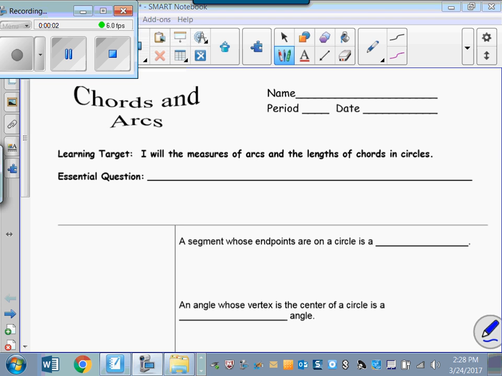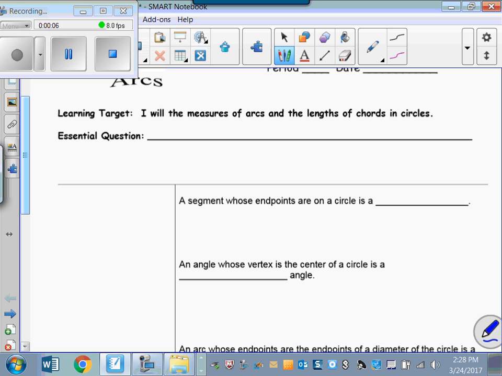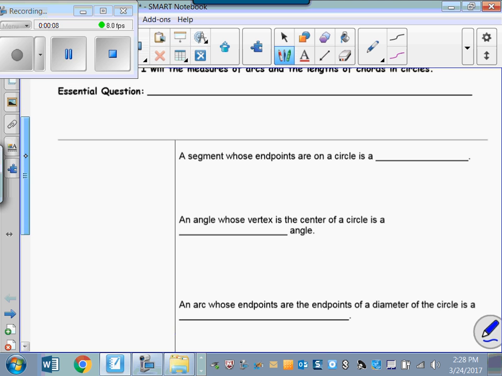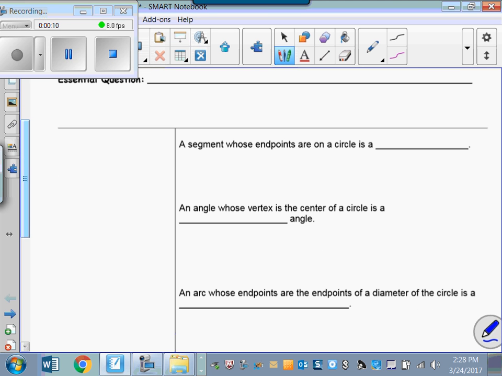Our second lesson for day 1 is on chords and arcs. So as always, almost always anyway, we'll have a little vocabulary here. If I have a segment whose endpoints are on a circle, so for instance, I got a circle, I got a segment, the endpoints of the segment are on the circle, then that's what we call a chord of a